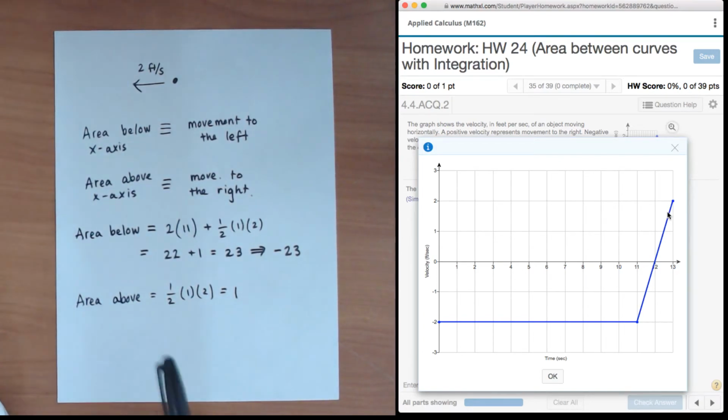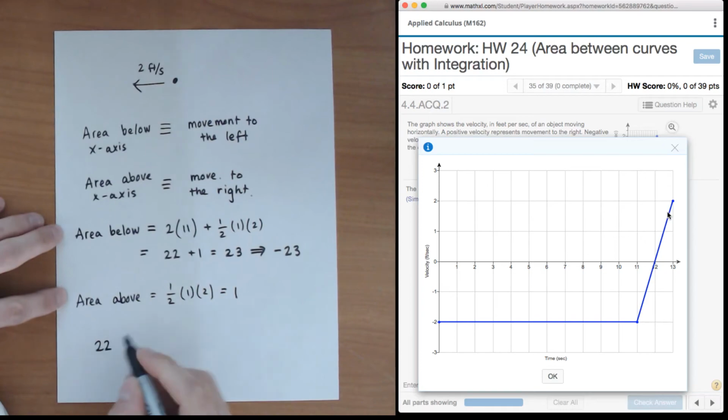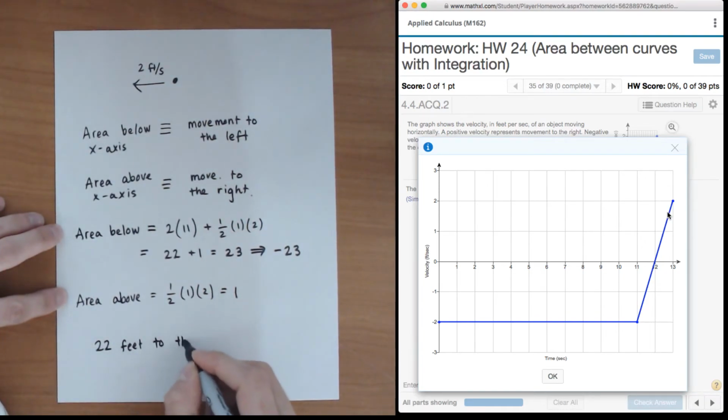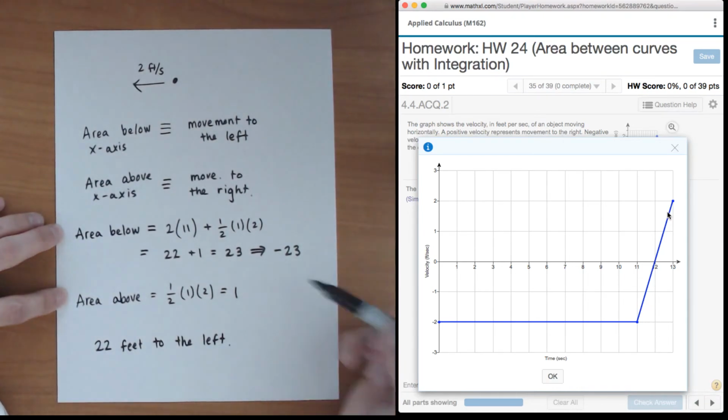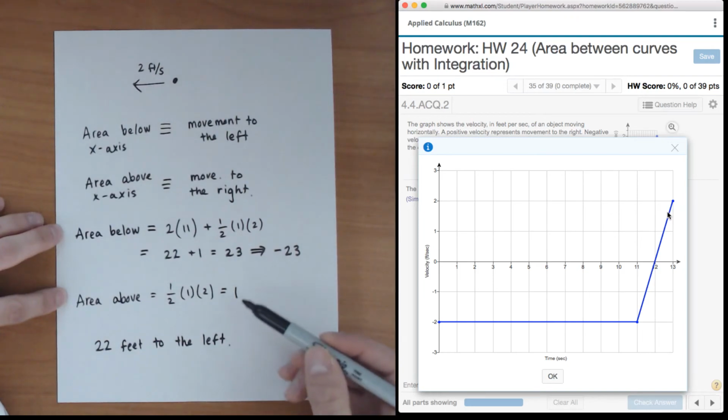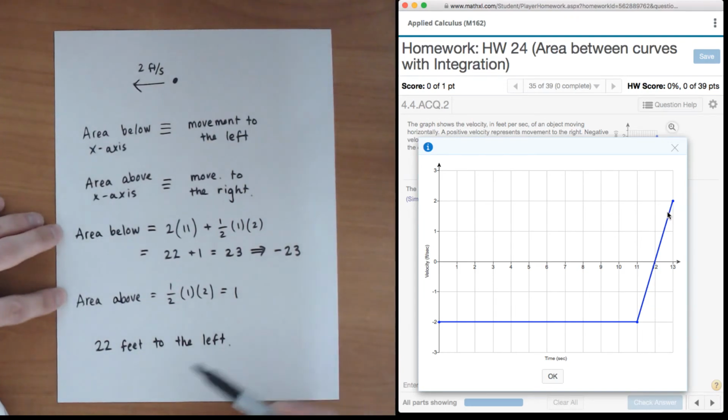So in effect, we moved 23 feet to the left, and then we moved 1 foot to the right, so we've gone a total distance of 22 feet to the left. And that's because negative 23, well, that's indicating that we moved 23 feet to the left. We moved 1 foot to the right, so we've gone a total of 22 feet to the left,